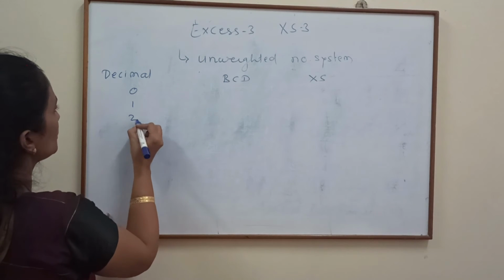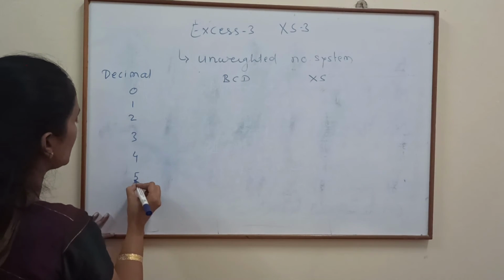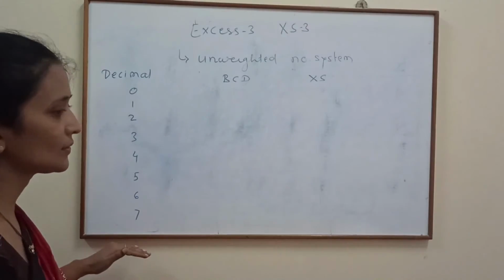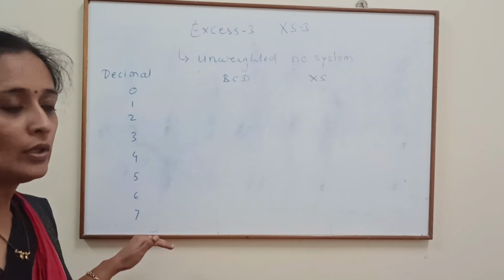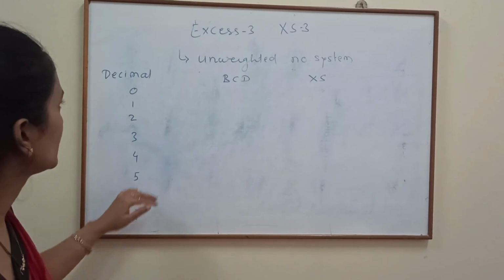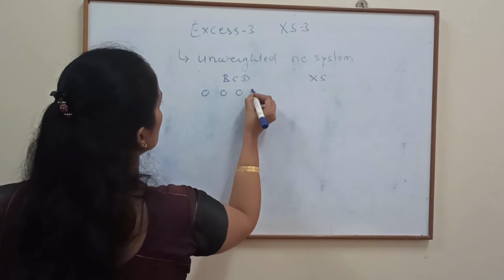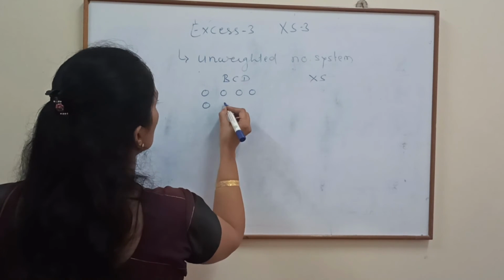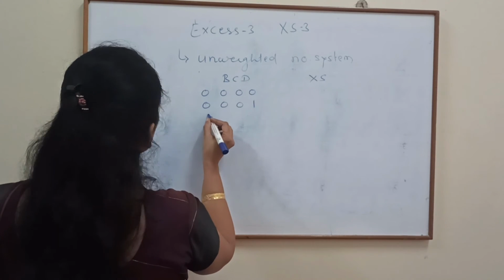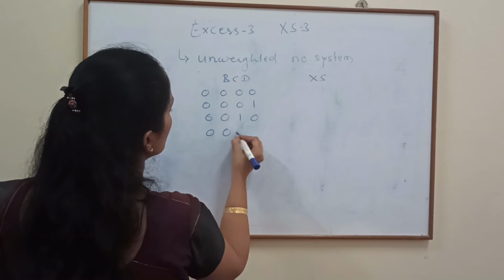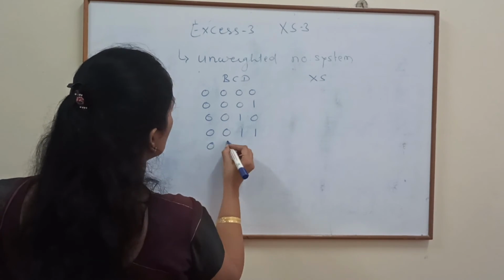0, 1, 2, 3, 4, 5, 6, 7. Up to 9 we have to take because of board. I have taken up to 7 only. BCD number: 0000, 0001, 0010, 0011, 0100,